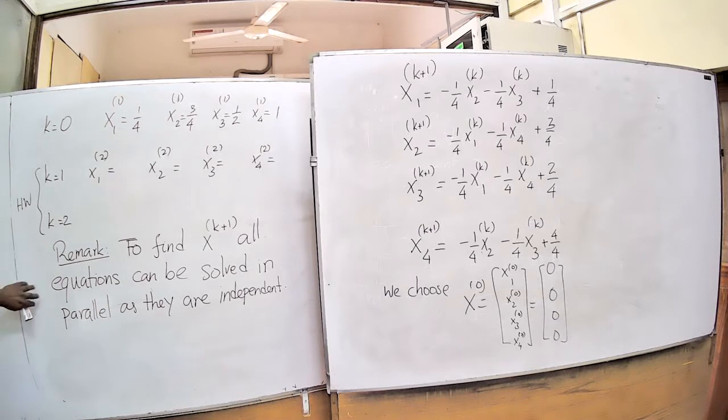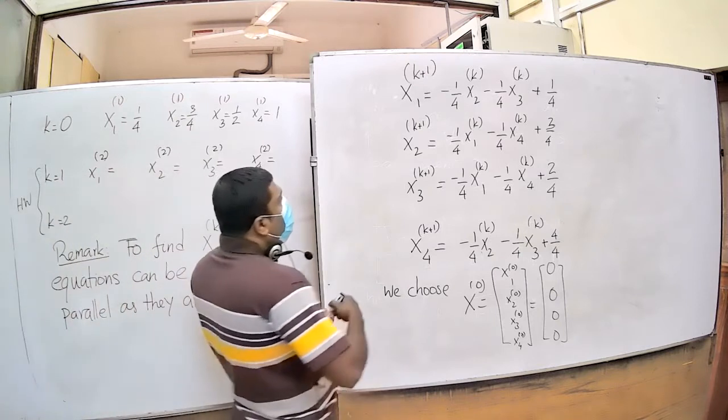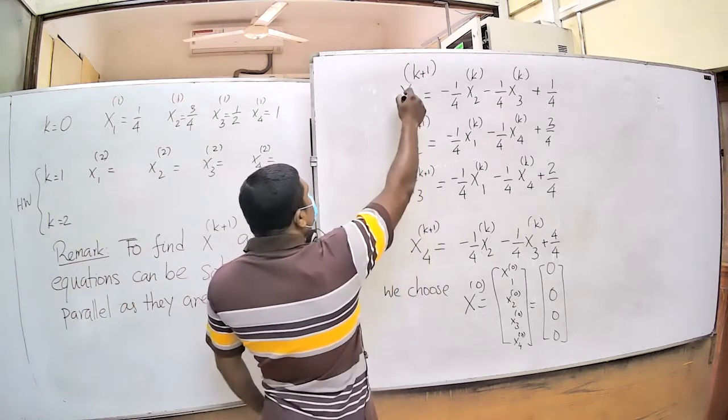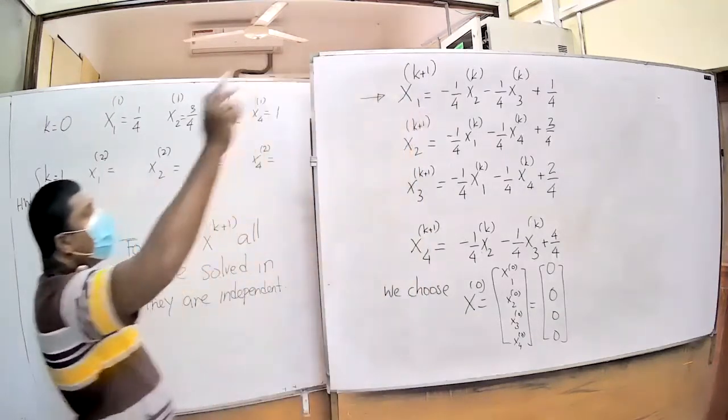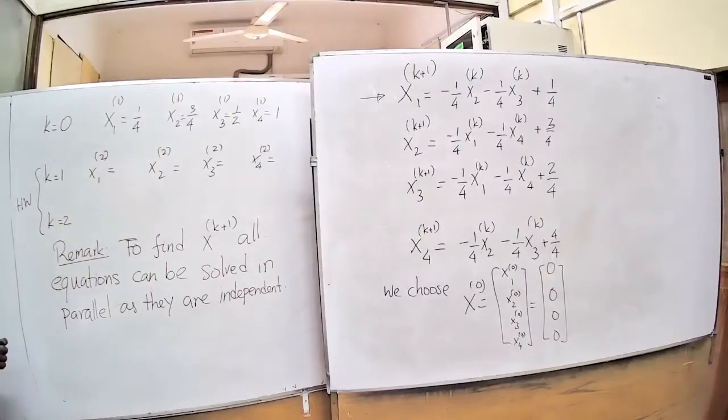So now this information leads to the next iterative method. What will be the next iterative method? Now again we will stick with the same example. So now you see that when you are calculating x1, you use no x1, but you use x2, x3, x4. No x1, everything after x1 you use.